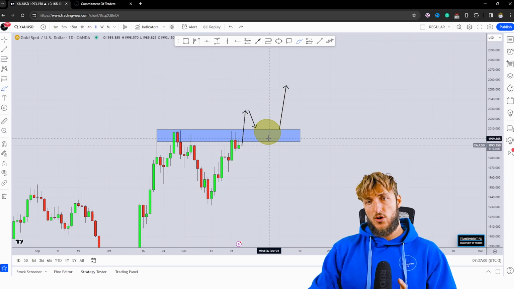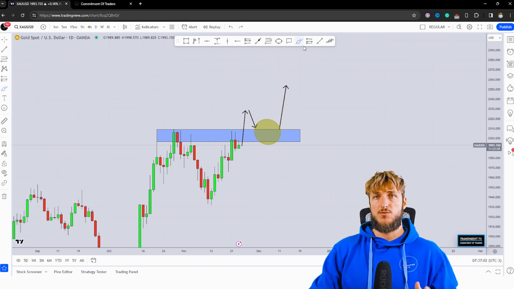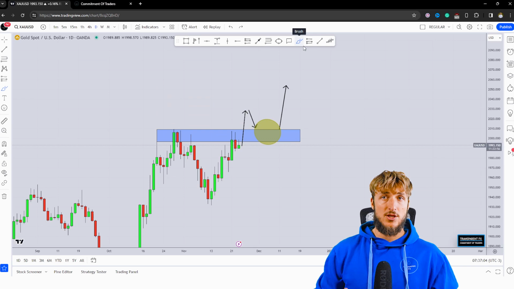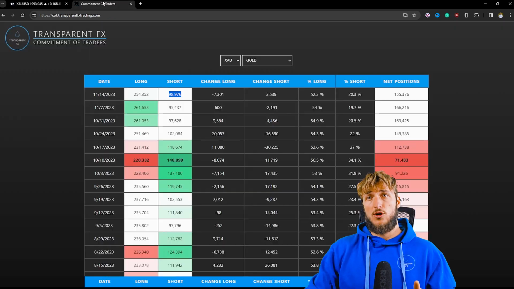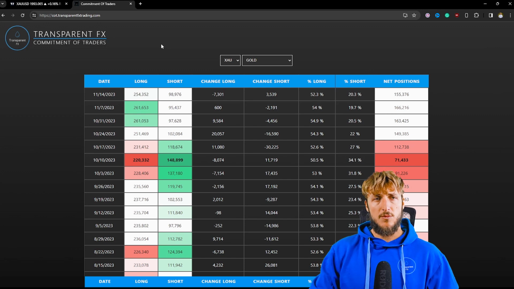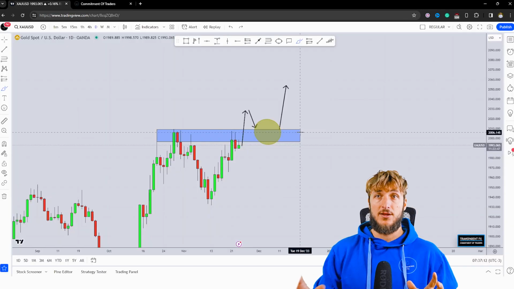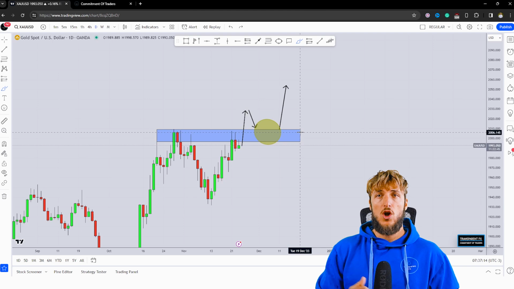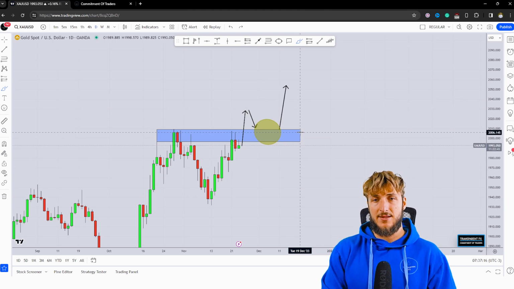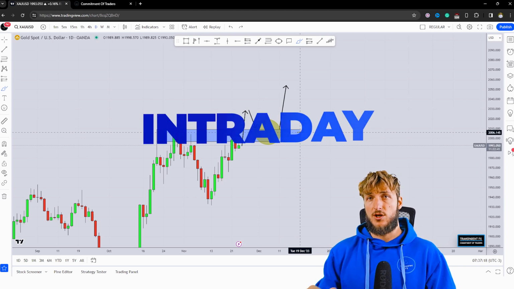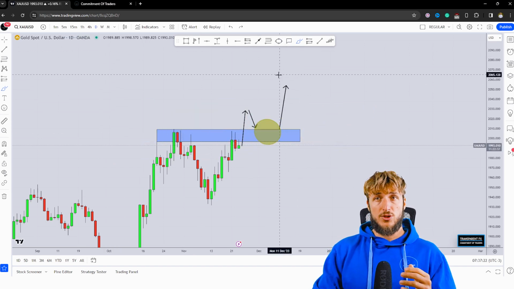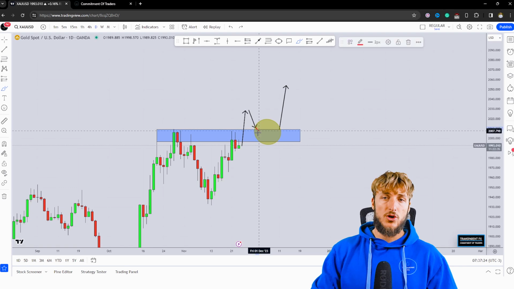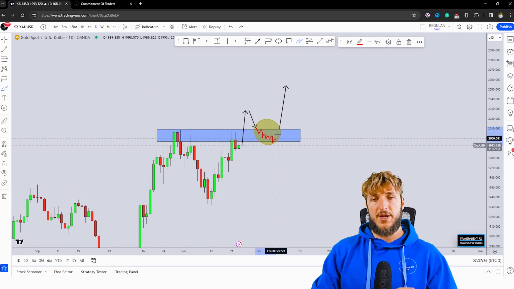So if we get the break and the retest, that is how we could be approaching this potential move higher. Now, as usual, trading is reactive and not predictive. The monthly, weekly, and daily combined with the COT data are the best time frames from a directional perspective. However, when it comes to confirmations and entries, the best time frames are the intraday time frames, so 4 hour and lower. Therefore, potentially what we could be doing is monitoring price action from an intraday perspective during this move to the downside,